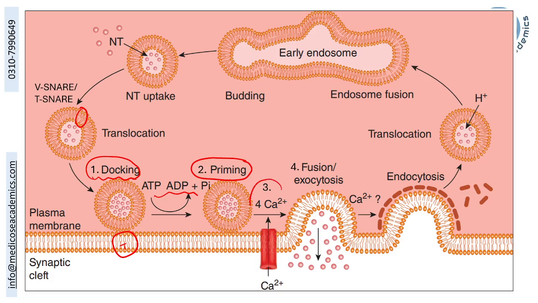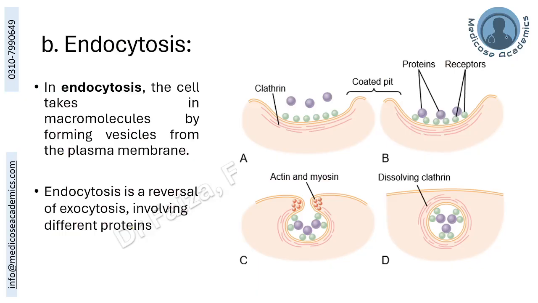In the presence of calcium, which is the third important step, the exocytotic vesicle will fuse its membrane with the plasma membrane, and the fusion will release the content outside, which is known as fusion or exocytosis. So simply, it starts from docking, V-SNARE locked into T-SNARE, provision of energy to prime it, provision of calcium, and simply the fusion. For example, the release of the neurotransmitter acetylcholine at the neuromuscular junction happens by these steps that we just discussed.